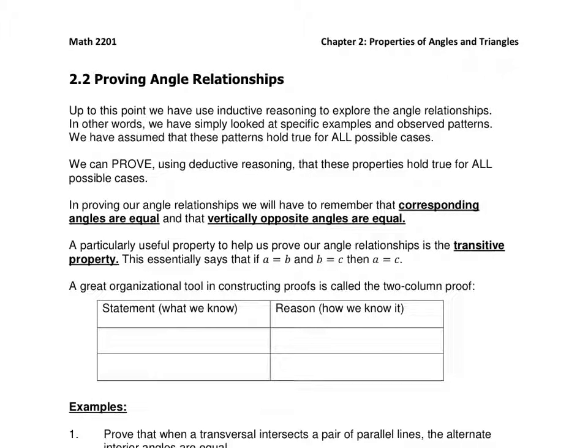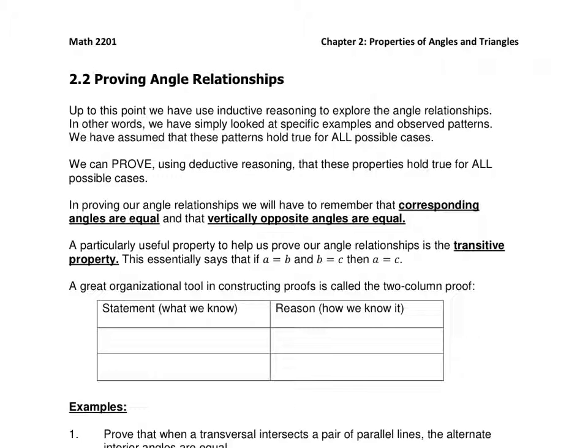Section 2.2 is on proving angle relationships. Up to this point, we've used inductive reasoning to explore some angle relationships, and what we mean by that is that we've looked at some examples and noticed some patterns. We've assumed that these patterns hold true for all possible cases. We can prove, however, using deductive reasoning, which is basically a series of steps, that these properties hold true